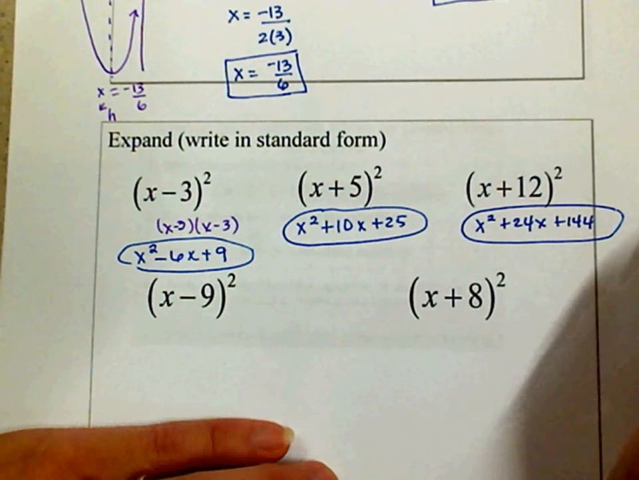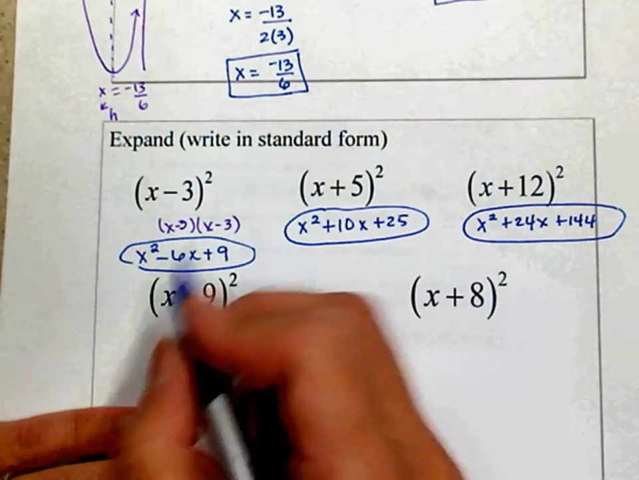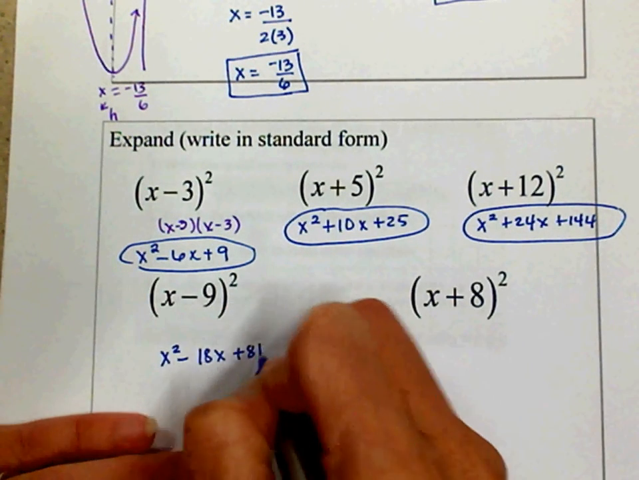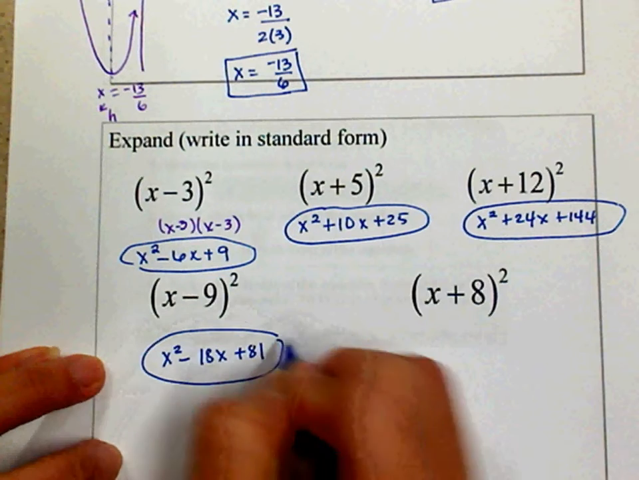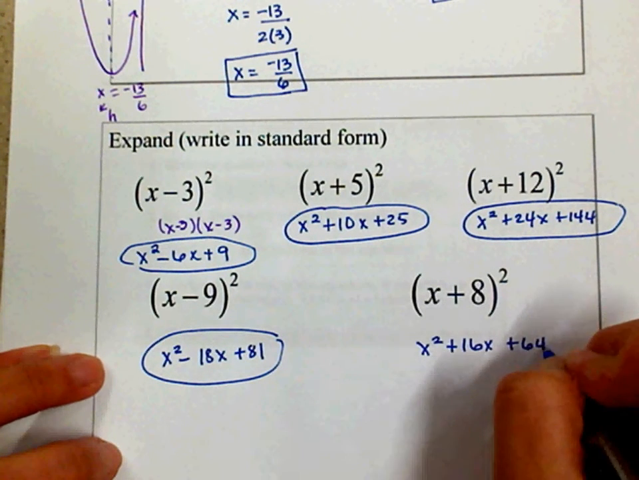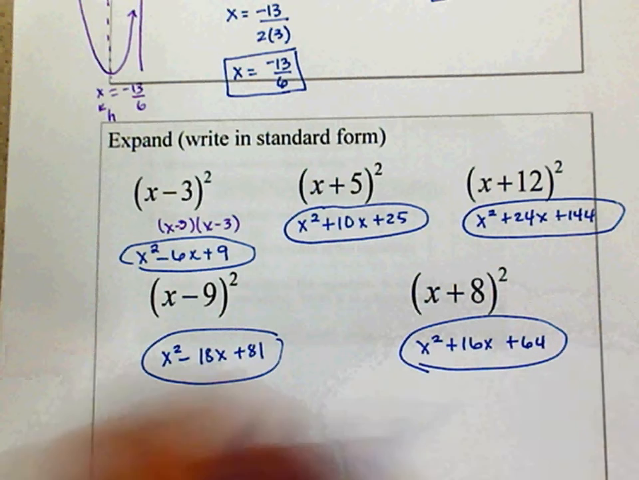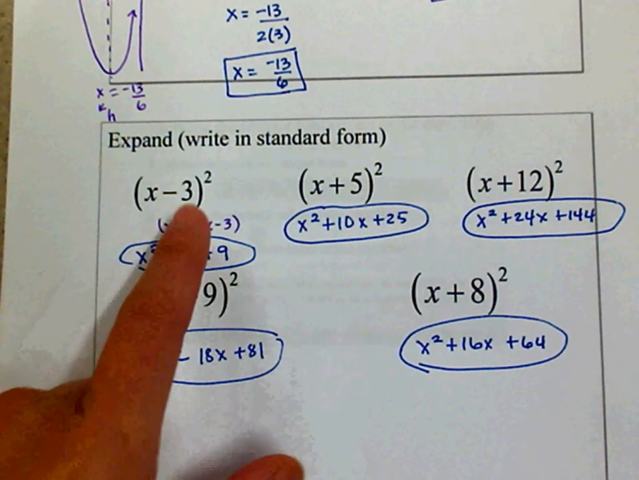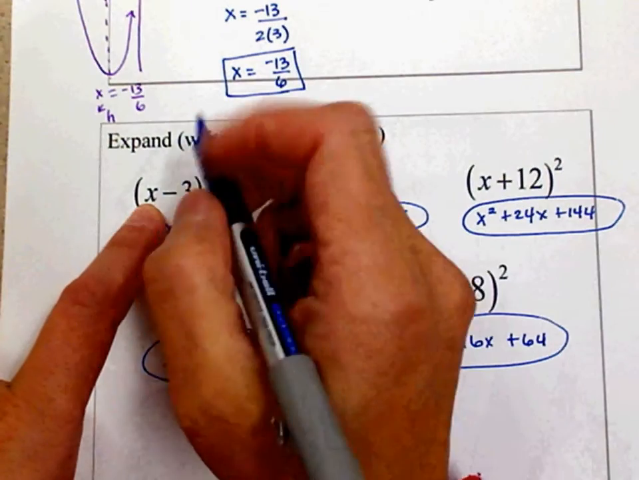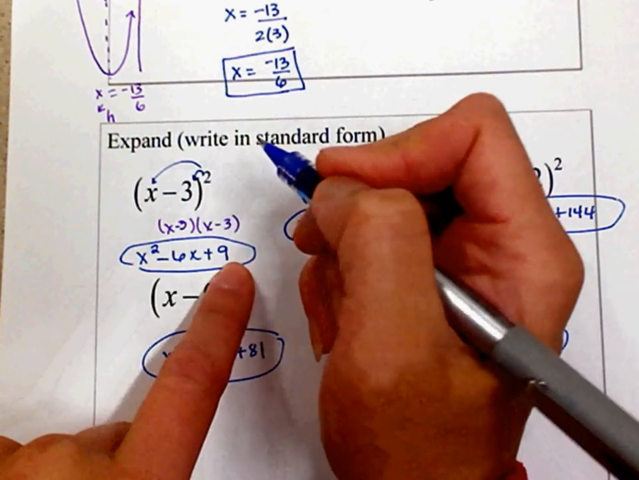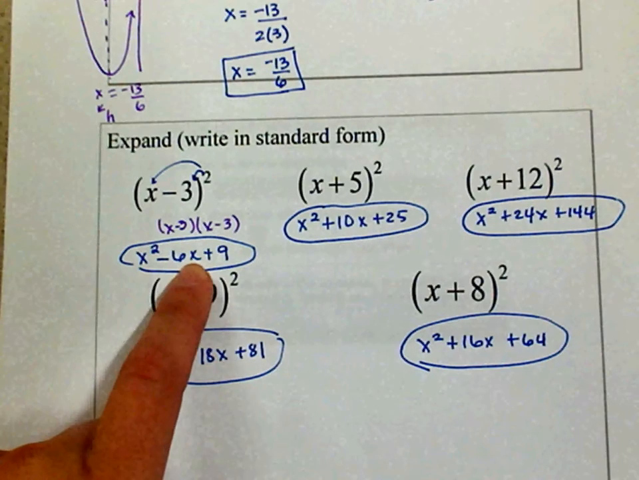Are you guys starting to see a pattern taking place? x squared minus 18x plus 81. x squared plus 16x plus 64. All right, let's see what pattern. Take a moment and see if you see a pattern. What I notice is that you're squaring the x right here. You get x squared, and you're squaring the 3, which gets 9. But how are you able to get the middle term? Well,